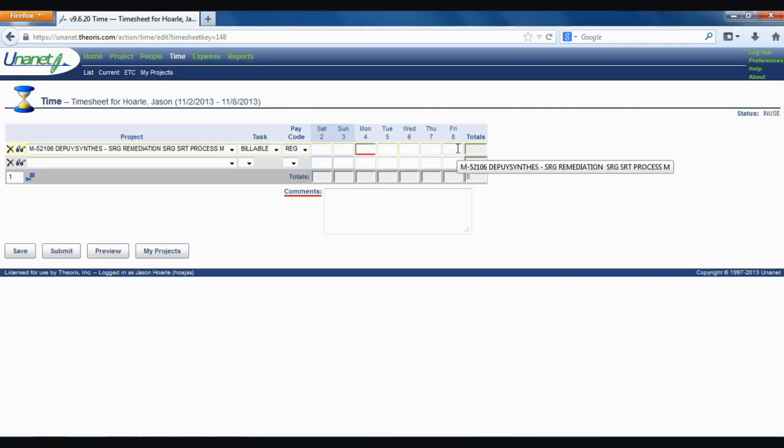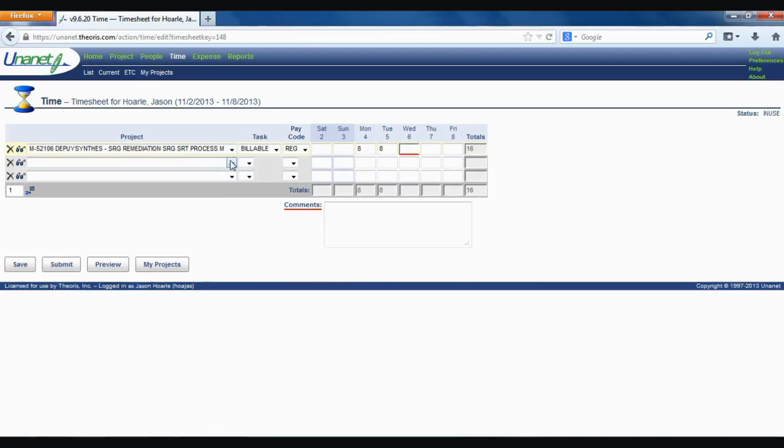So for this day, I'm going to enter my time and click on the next day, and so forth. Now, additional rows are necessary to enter time for additional projects, admin time, PTO time, or leave without pay time. To add a new row, you will click on the Add New Row column, which is right there. Now, once you have a row added,